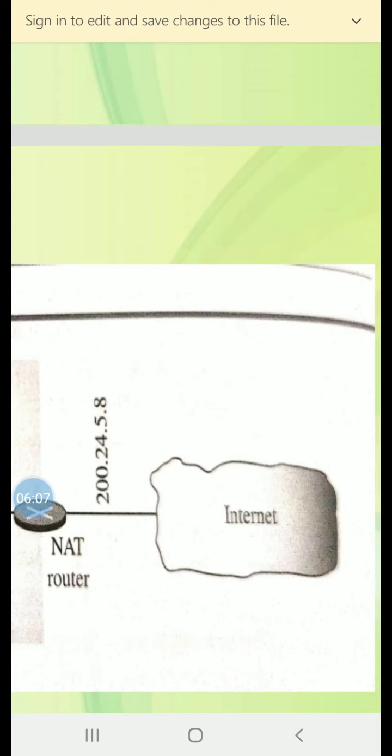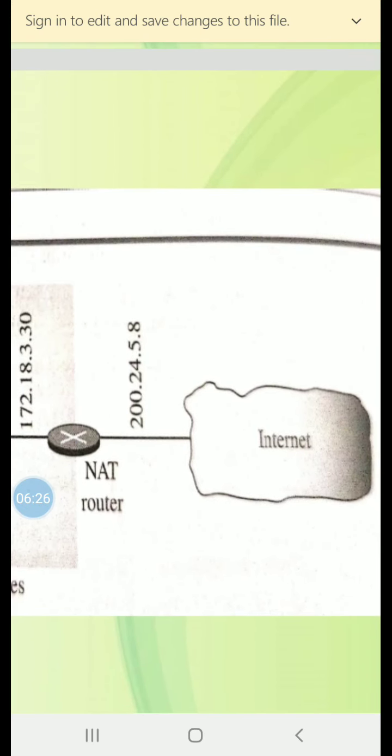Then another, using both IP addresses and port addresses. More information is needed in the translation table to allow a many-to-many relationship between private network hosts and external server programs.